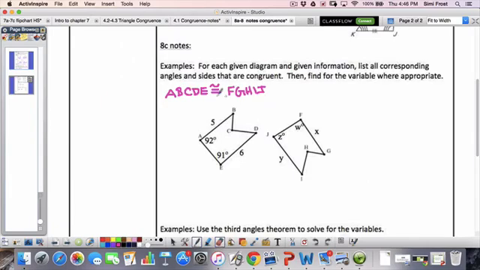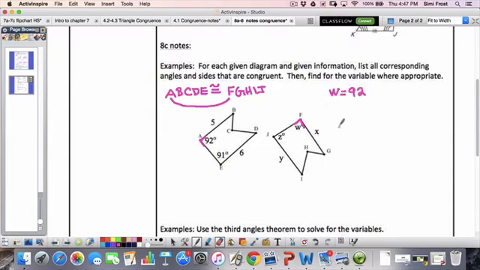Okay, what's nice about this one is I happen to put it in order. So ABCDE is congruent with FGHIJ. That's going to help when we're looking at this. But all we need to do to figure out the variable is, A corresponds with what letter in the congruency statement? Well, it corresponds with F. Therefore, A is congruent to F. It's not congruent to just the nearest angle. You have to actually look at the congruence statement to figure out what's congruent to what. So that means that W equals